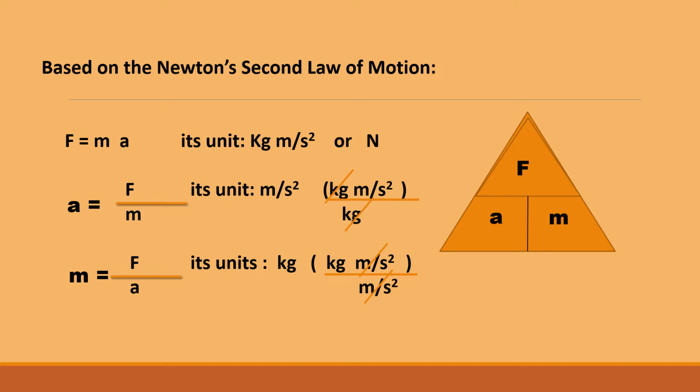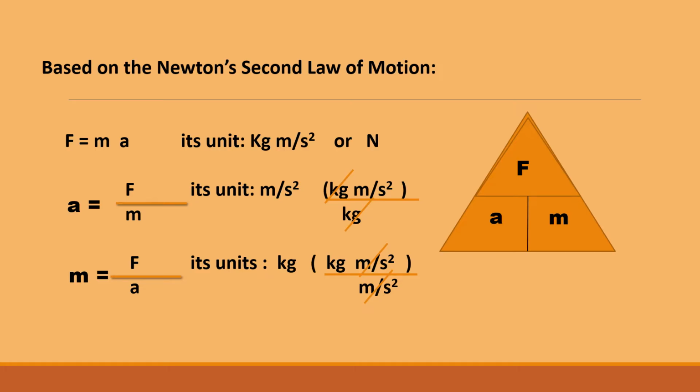So based on the second law of motion, we can derive some equations. One of these is, if force is missing, you can use the formula of mass times acceleration. So what is the unit of force? The unit of force is the Newton, or kilogram meter per second squared. Why? This is derived from the unit of mass and acceleration. The unit of mass is kilogram, acceleration is meter per second squared. So therefore, the unit of force is kilogram meter per second squared, or you can write it as Newton, or